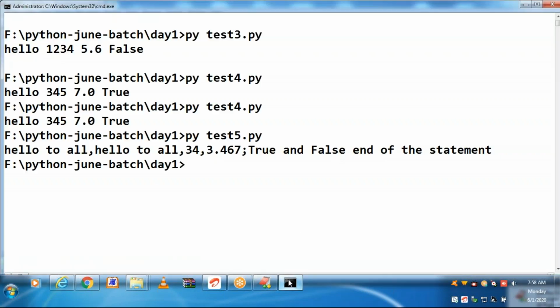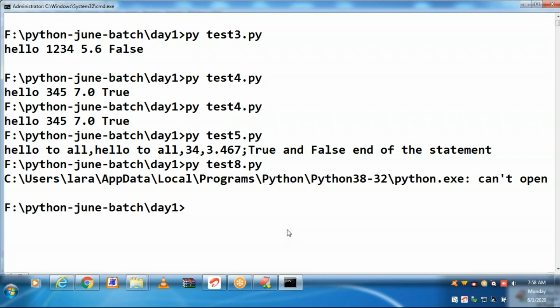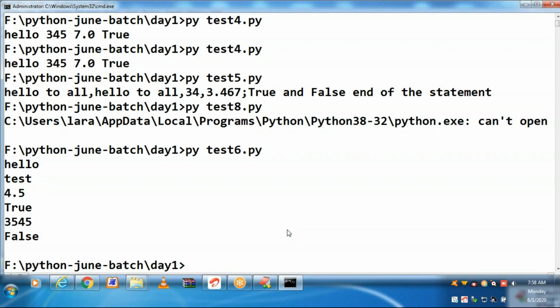Let's run straight away. In case of Python, there is no compilation step. Test6. While using the print function without end, after printing, it automatically goes to the new line.